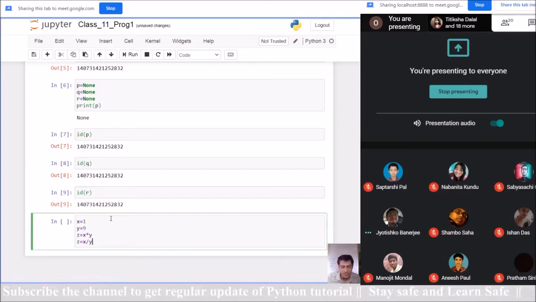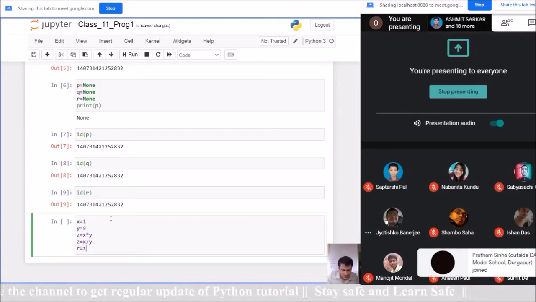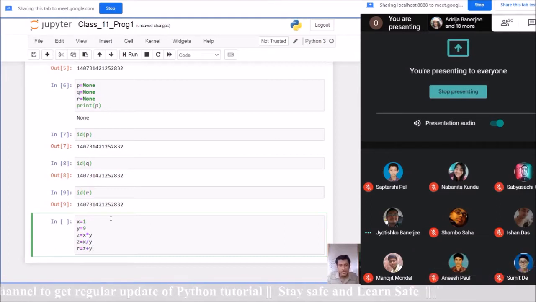And once it comes to z, after that if you use any other expression where you are using z for some purpose, like r equal to z plus y, then you may get some error, some bug in that result. Is it clear?